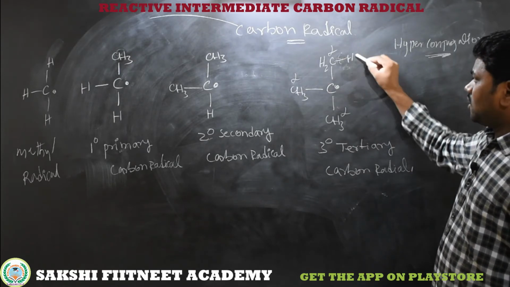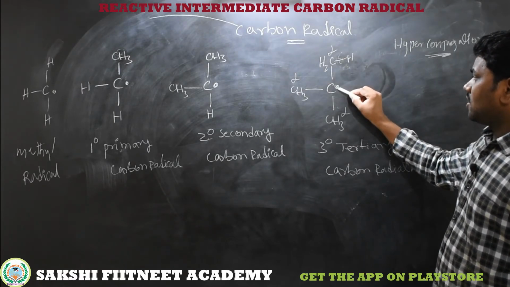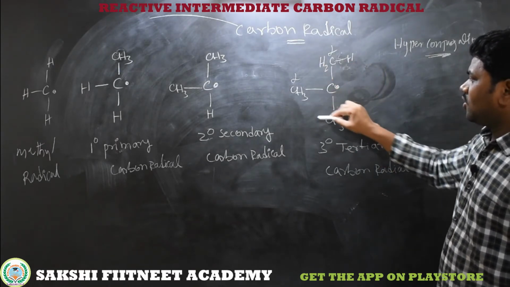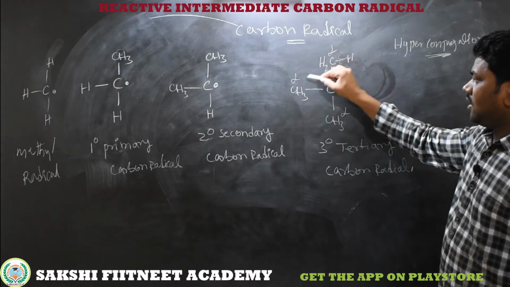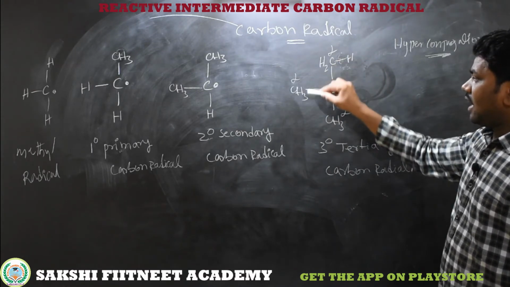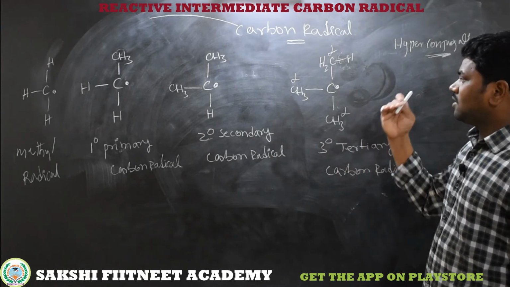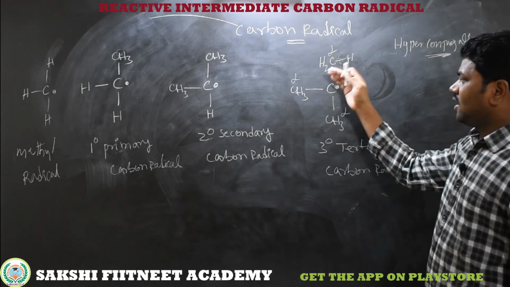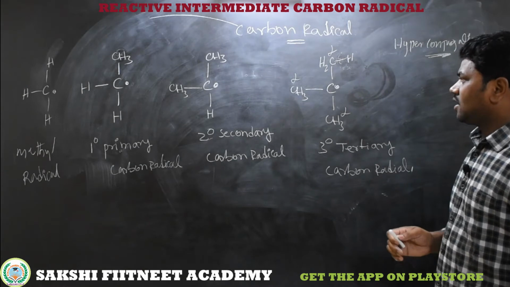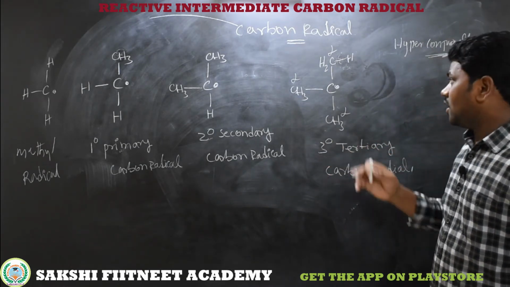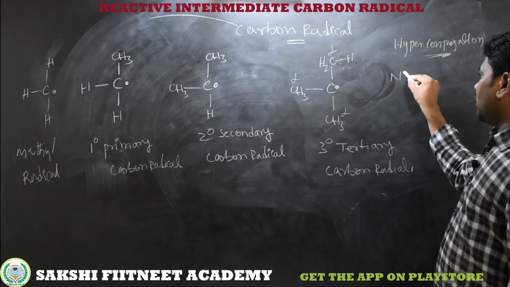So each hydrogen participating in hyperconjugation is called one hyperconjugative form. Overall, how many hydrogens are there? We have 3, 6, 9 hyperconjugative forms. Each hyperconjugative form stabilizes that carbon radical. With 9 hyperconjugative forms, the carbon radical is stabilized very highly. So here the number of hyperconjugative forms